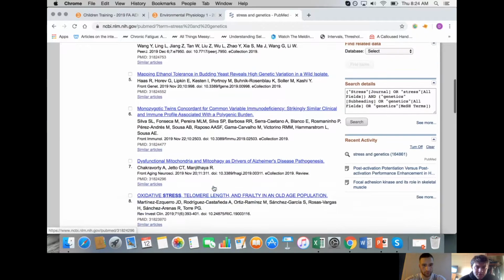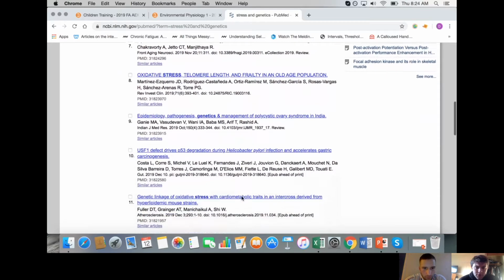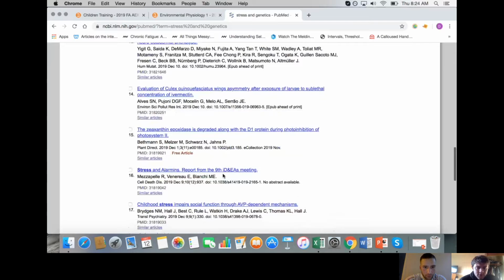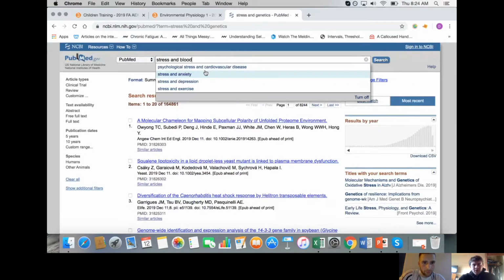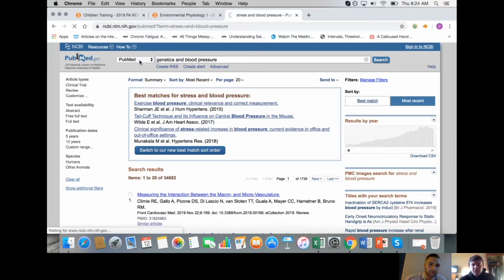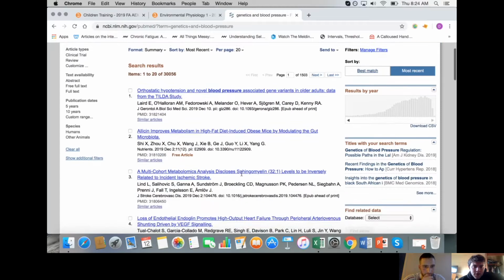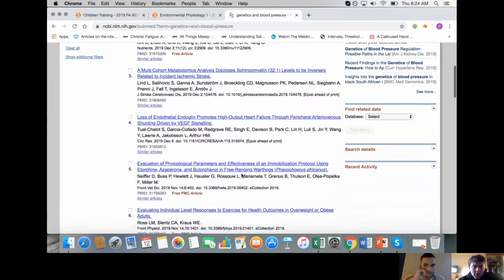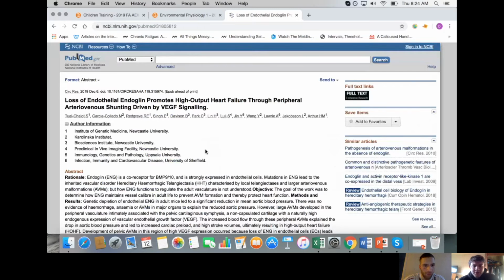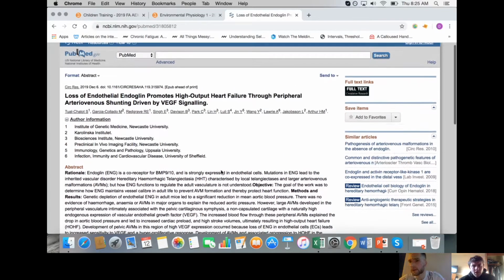Okay, so let's see. You know what, let's do this, because stress, right? We know blood pressure can change with stress. All right. So: loss of endothelial endoglin promotes high output heart failure through peripheral arteriovenous shunting driven by VEGF signaling. Okay. So I really have no idea what any of that means for the most part, but VEGF